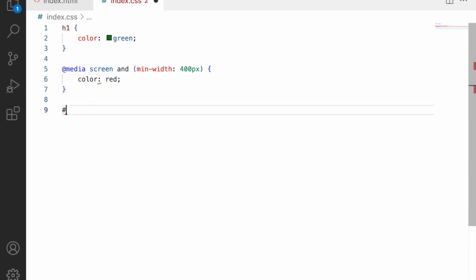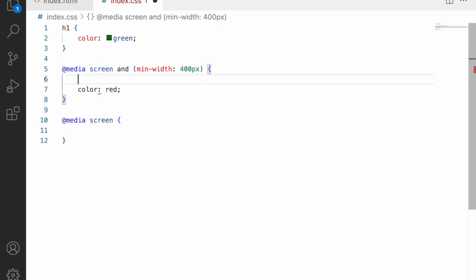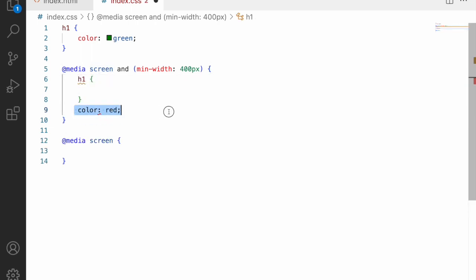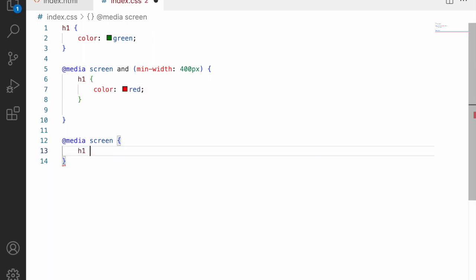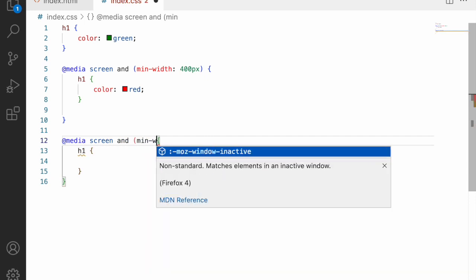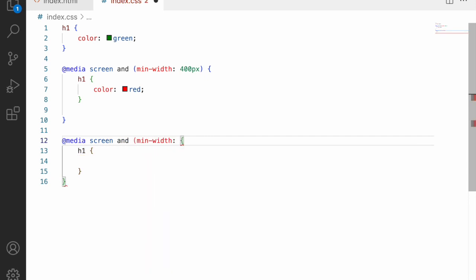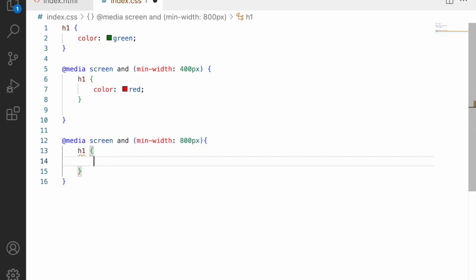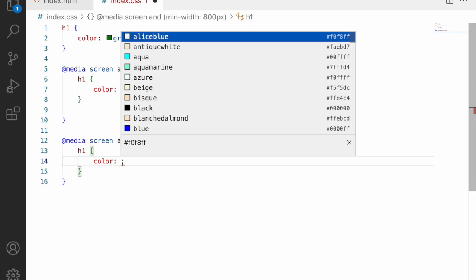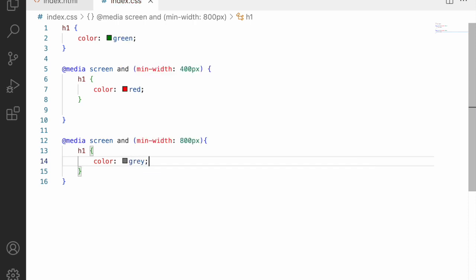And let me add one more media query, where the base color is green, and I want to give the color red for the H1 tag. So just override that H1 tag where it is green, and now it will show red. I'm overriding the same thing with a screen and a minimum width, and let me go with 800 pixels. So if the minimum width is 800 pixels, whatever color I want to show should be gray. Let me save this, and by the time it reaches 1024, that means, and the maximum width,